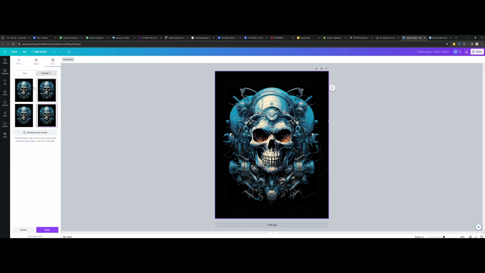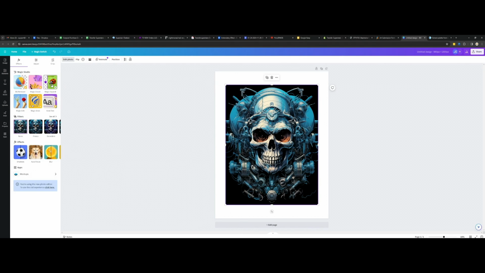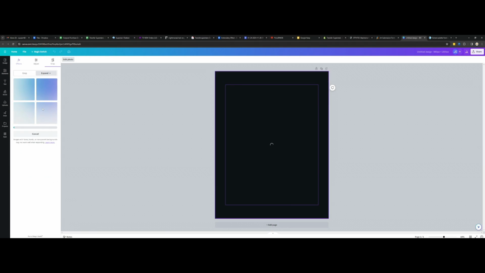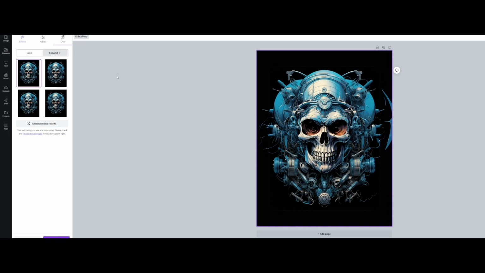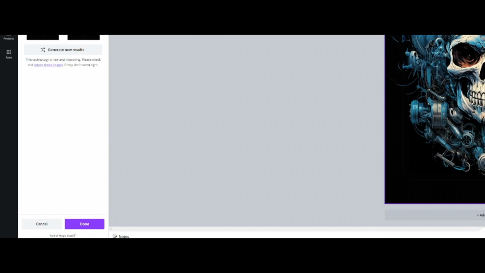And if you don't really like any of the 4 options that they showed, you can just cancel and you can actually do it again and then Edit Photo. If you do it again and cancel the first one, they should give you another batch of images that the AI generates, and it won't be similar to the first one. It might be slightly similar, but it doesn't always stay the same. So now it gave us a different set, but this one looks pretty weird. I think this one looks the best among all of them, so after you choose one, click on Done, and